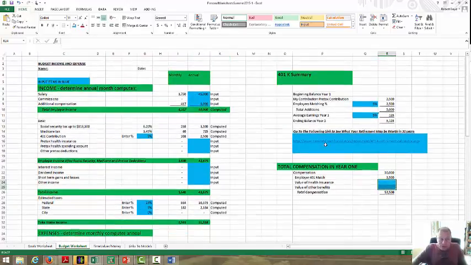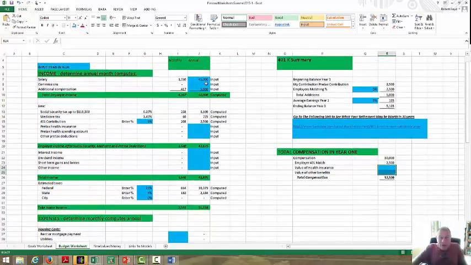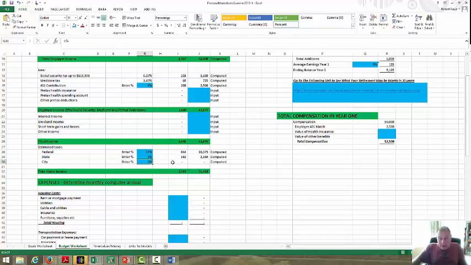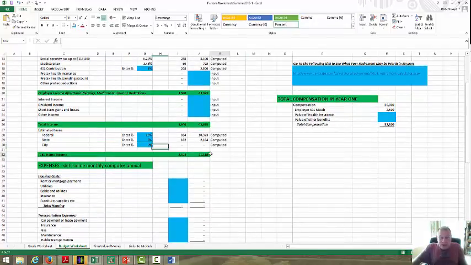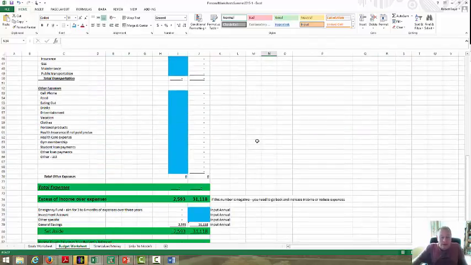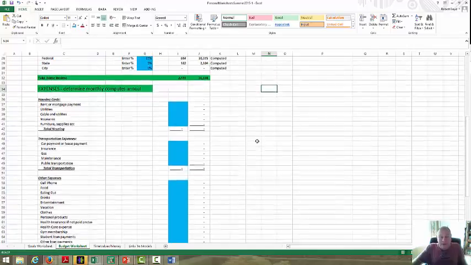Okay? So this is the income piece. You input in the blues, you put your salary here. If you're going to be variable, put your commissions here, add comp. This calculates automatically, these two taxes. You have to decide whether you're going to use the 401k. It calculates the taxes. If you're going to live in New York City, you need to add another 5% on there. And that's your take-home pay. Once you get your take-home pay, this is what I can spend. I can't spend any more than that.